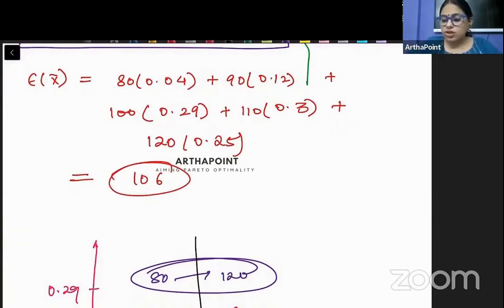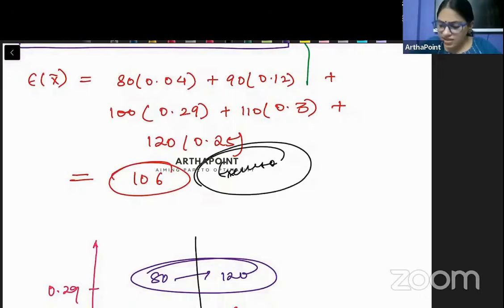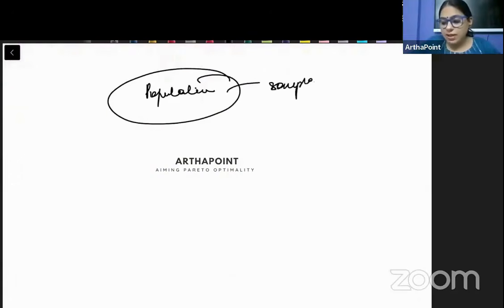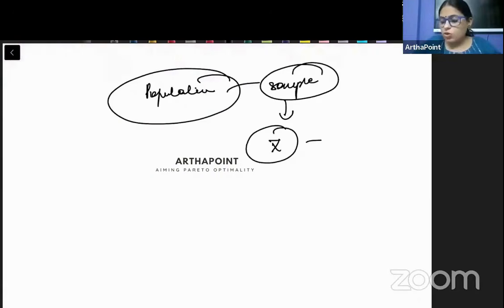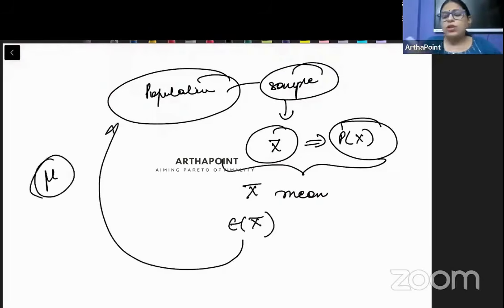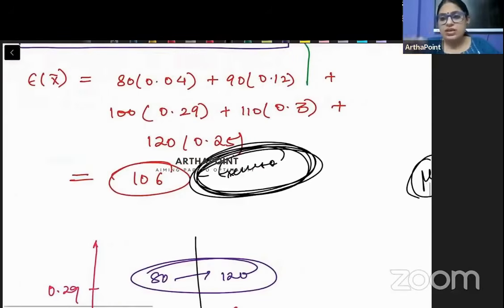And this is a back question. जब आप exercise के questions में जाओगे, a very similar question is in the exercise, जिसमें आपको यही करना होगा. तो आपको क्या दिया होगा? You will be given a population. उससे आपको एक्सरसाइज में बोला गया है कि you have to create a sample. इन सैंपल के जो मीन हैं उनका आपको प्रोबेबिलिटी डिस्ट्रीब्यूशन बनाना है और उससे सैंपल का मीन निकालना है, मीन ऑफ मीन, एक्सपेक्टेड वैल्यू ऑफ मीन निकालना है. And you need to show that it is equal to the mean of the population. And this is exactly what we have done right now. So same example is there in the final exercise. Please do that example as homework. सब लोग वो example करेंगे ही करेंगे.